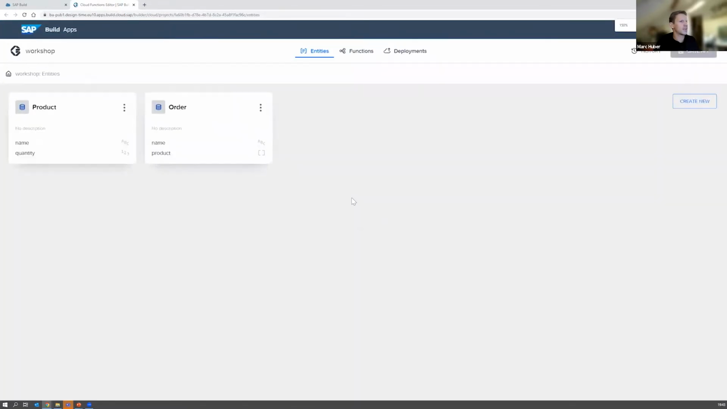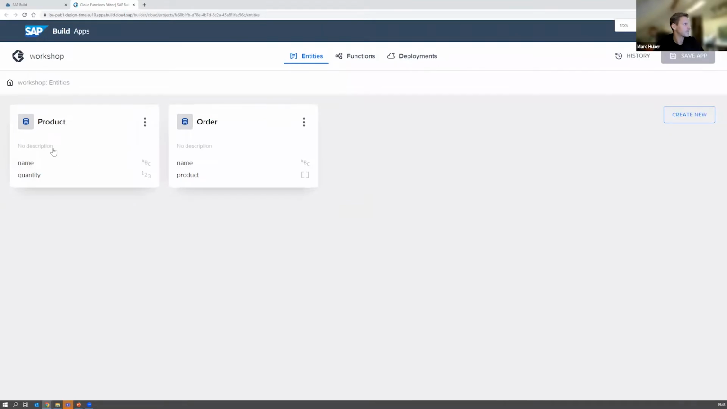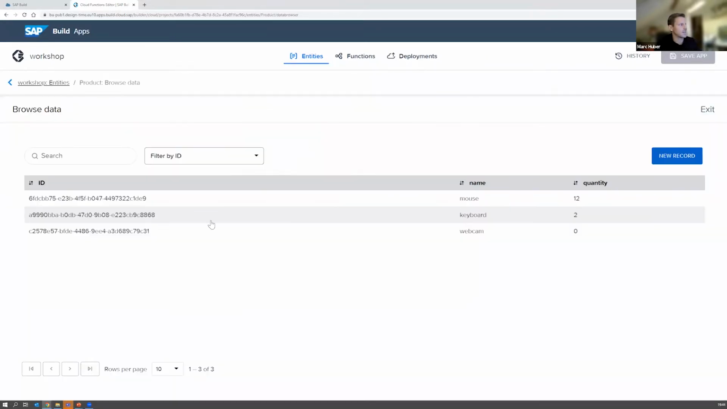So what you can see now in my backend is that I already created two data entities, one for the product, one for the orders. If you want to see a preview of the data, you can click on Browse Data, and then you can see in my